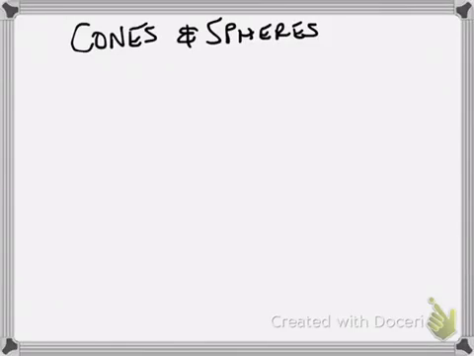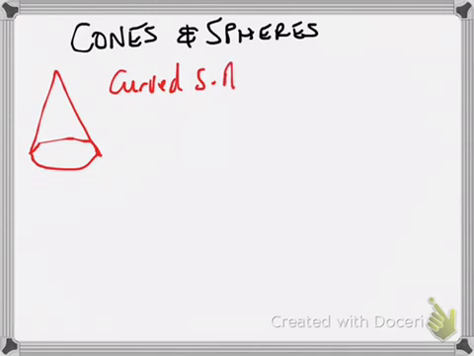Okay, this is volume and surface area of both cones and spheres, and I'll show you how to do a frustum as well. So there's four formulas. First of all, your cone, which is of that shape, okay, and the surface area, so the curved surface area of a cone, curved surface area is